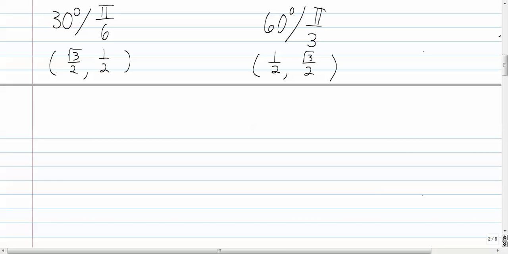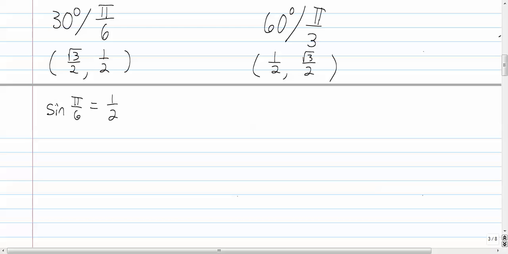I really don't know an easy way to remember that unless you can just remember one value for one of them. Like, if I can remember that the sine of pi over 6 is equal to 1/2, and that's the same thing as the sine of 30 degrees,